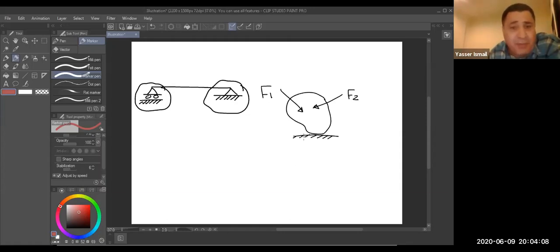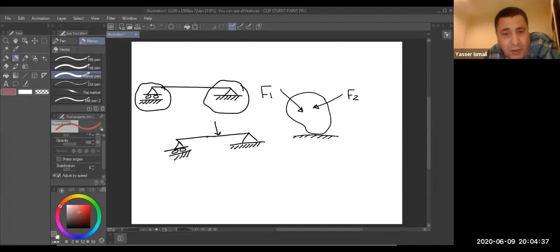This is a simply supported beam, and it has three reactions and three equations of equilibrium. That means we can tell whether it is in equilibrium or not using the three equations of equilibrium. Anyway, each support has a reaction due to external load. For any external load, we have reactions R1, R2, and R3.